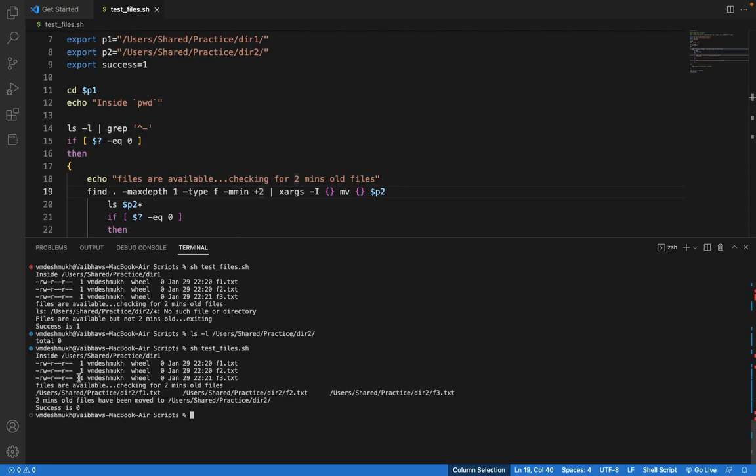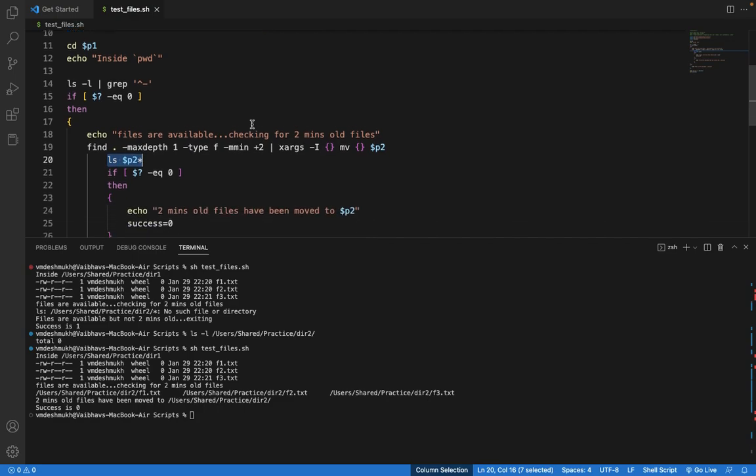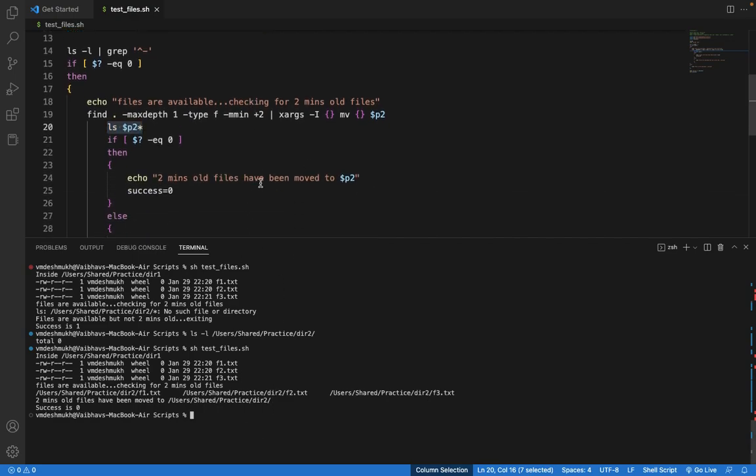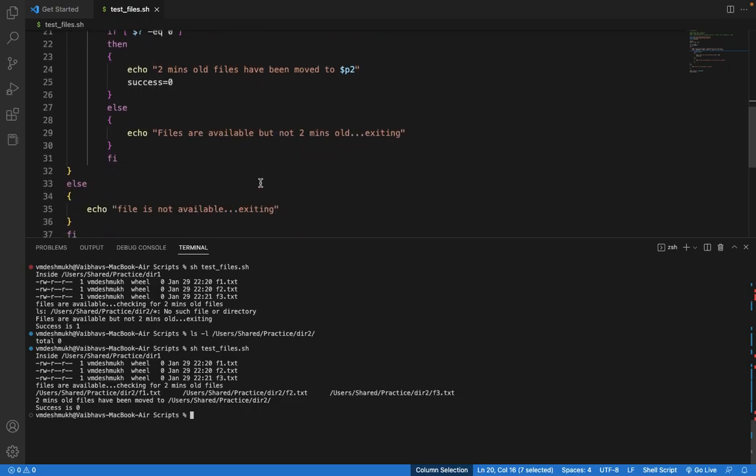So it says files are available, checking for 2 minutes old file, and then f1.txt, so this command execution is appearing over here: f2.txt, f3.txt. 2 minutes old files have been moved to directory 2. Success is 0. Now, as this has satisfied the criteria and files have been moved,